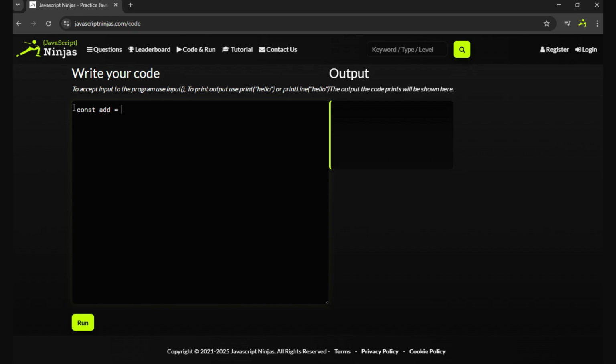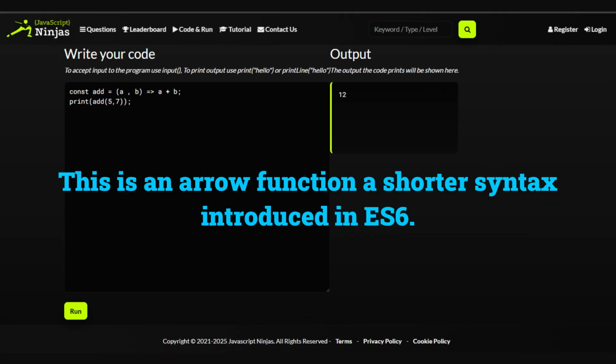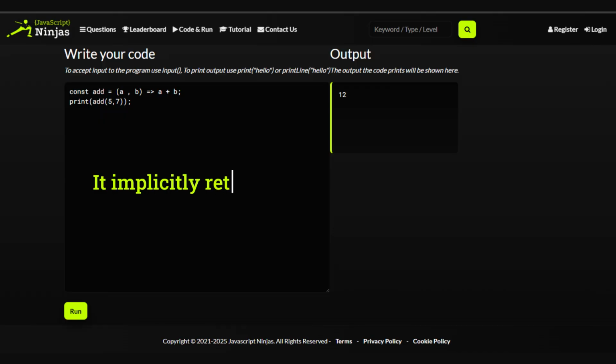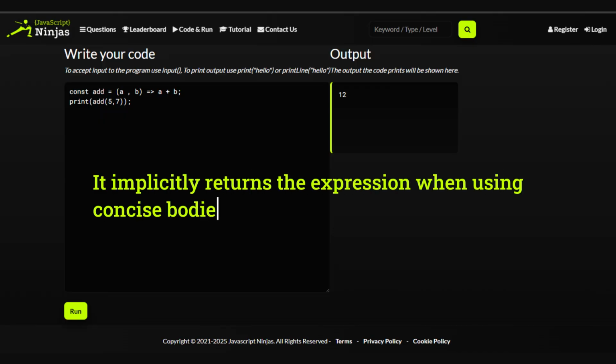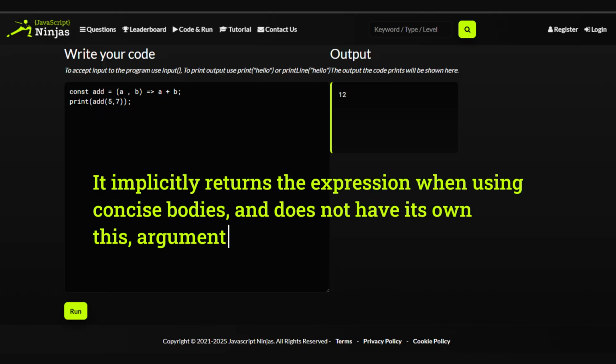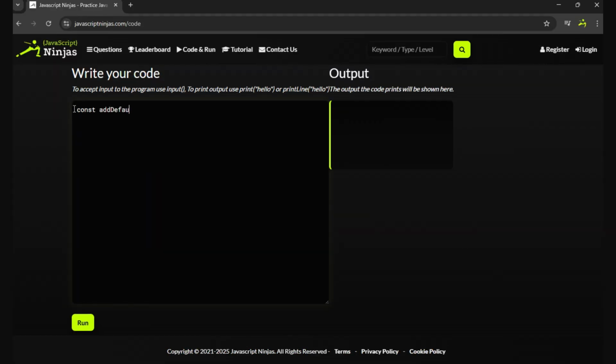const add = (a, b) => a + b; console.log(add(5, 7)); This is an arrow function, a shorter syntax introduced in ES6. It implicitly returns the expression when using concise bodies, and does not have its own this, arguments, or constructor behavior. const addDefault = (a = 1, b = 2) => { return a + b; }; console.log(addDefault(5));